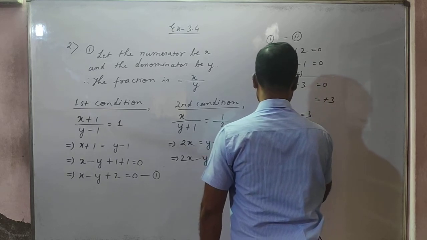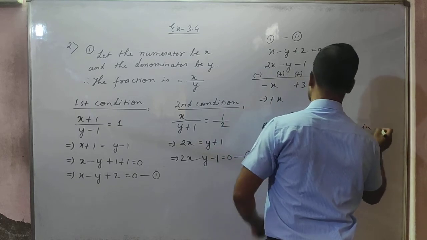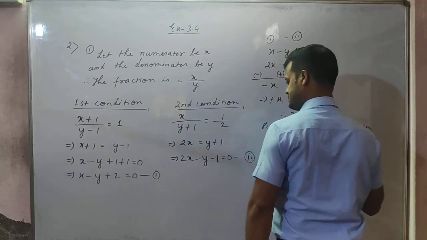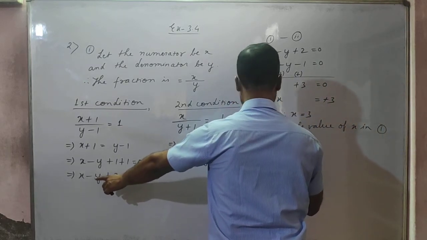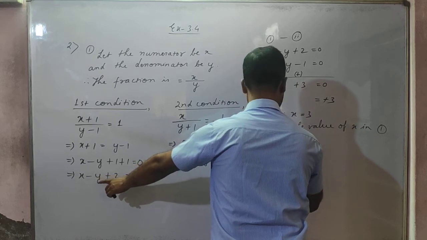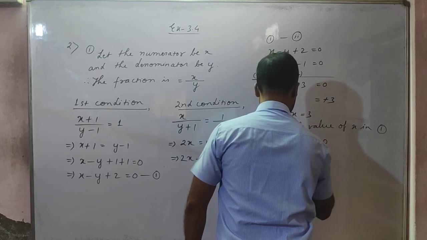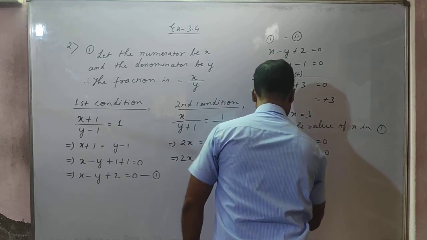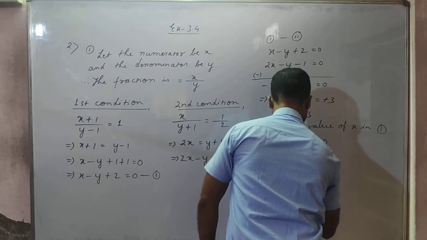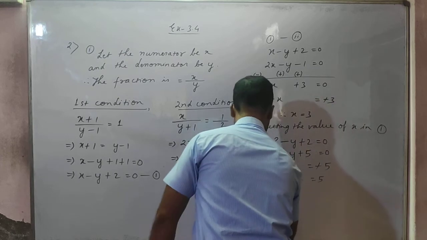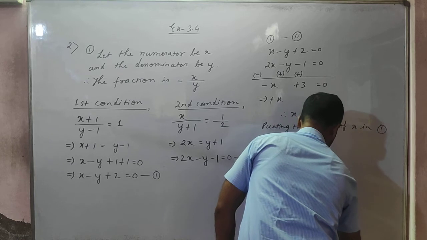Putting the value of x in 1, students, 3 minus y plus 2 is equal to 0. 3 plus 2 is 5, so minus y plus 5 is equal to 0. So minus y is equal to minus 5. Therefore y is equal to 5. Therefore the fraction is equal to